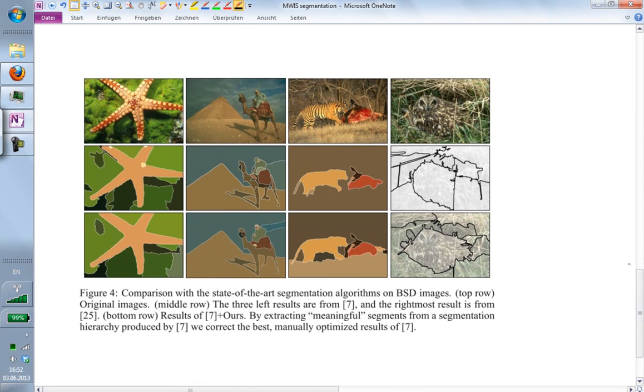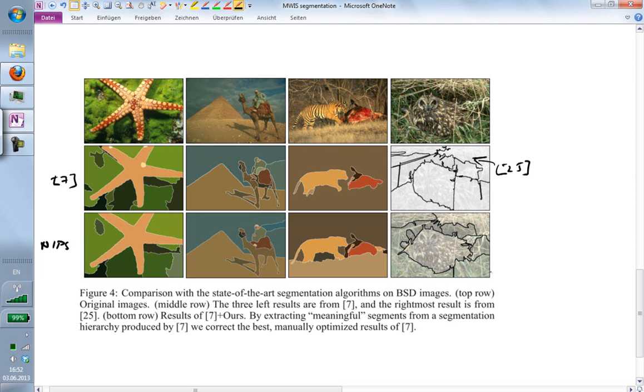On the top is an image. Then in the second row, some other method, 7, whatever reference 7 is, except the rightmost column, which is here. This is reference 25. And this is the NIPS paper that I was just talking about in this last row,